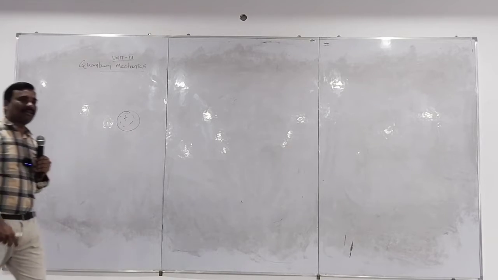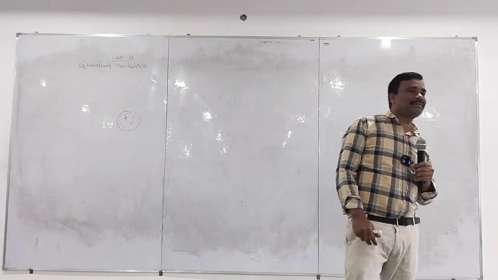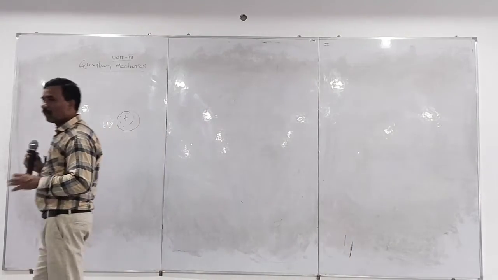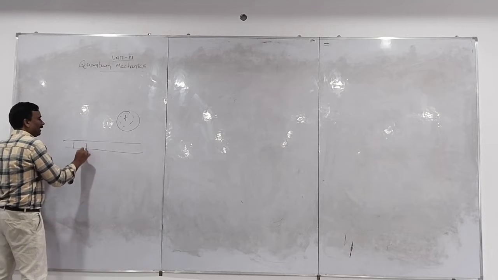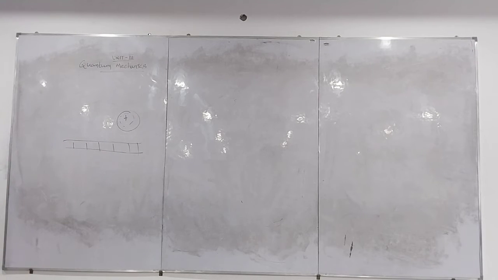Based on classical theory, the energy is continuous. That means the energy transmission from one place to another is continuous according to classical theories. If it is continuous, we should get a continuous electromagnetic spectrum. Why are there gaps in the electromagnetic spectrum? There is no answer from classical mechanics.